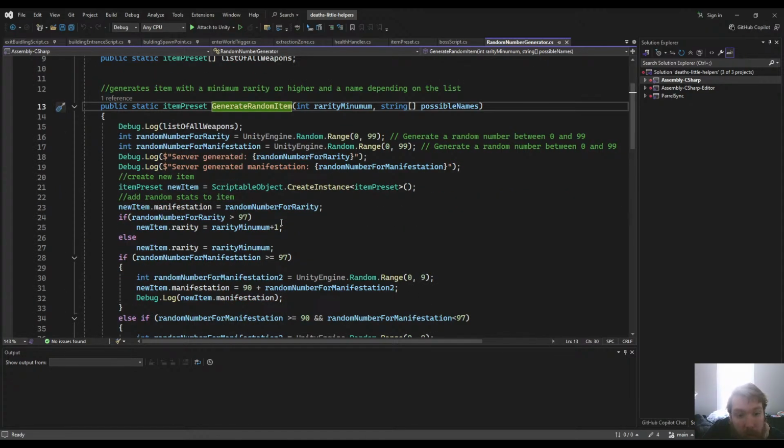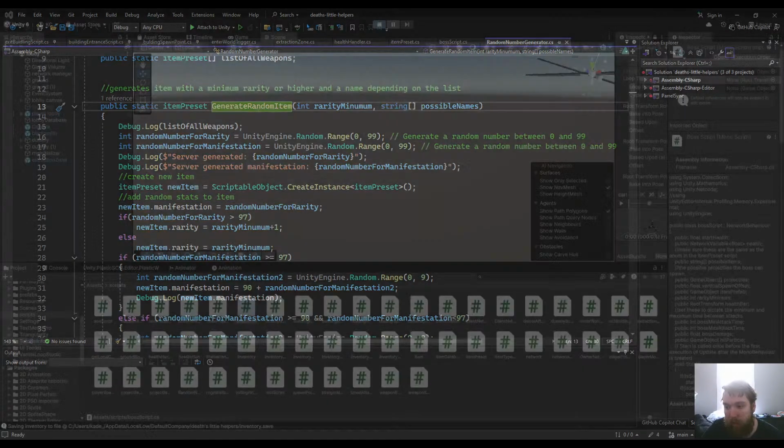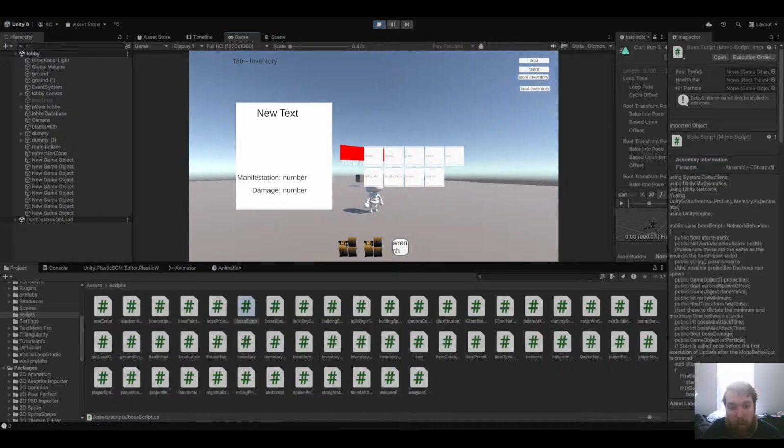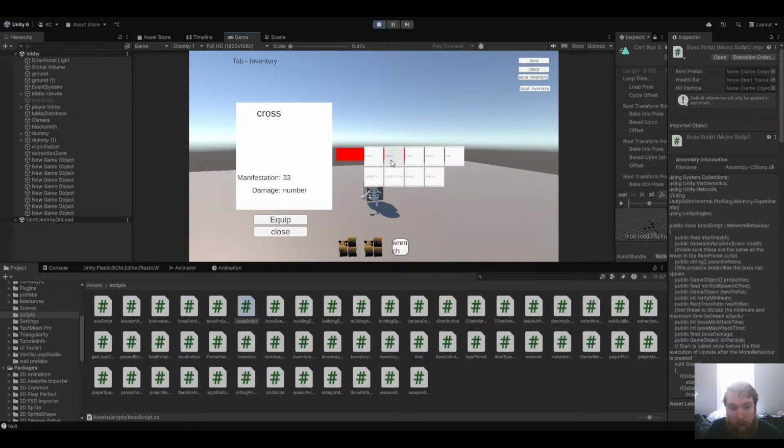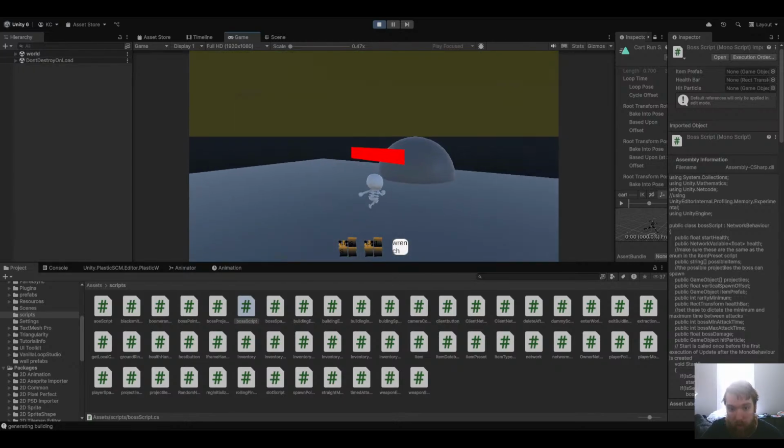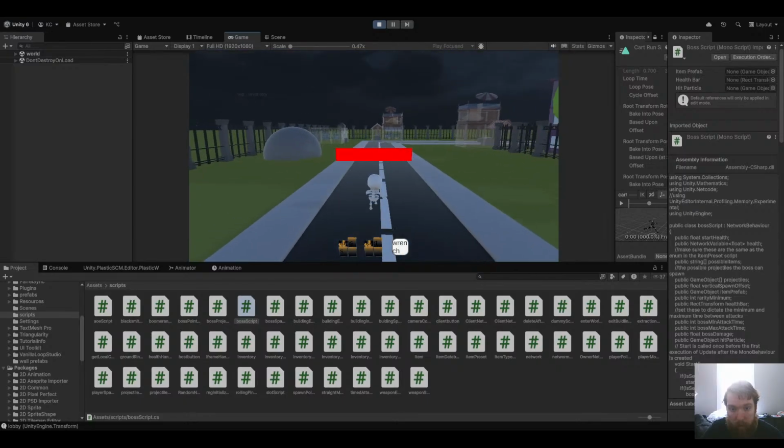Rarity minimum plus one. Okay, so it should be working. Is it just not displaying in my inventory yet? Maybe it's just not displaying in my inventory. Yeah, the damage also doesn't display. Let me just test if I can get new items, I guess. Let me go in the world, defeat a boss,